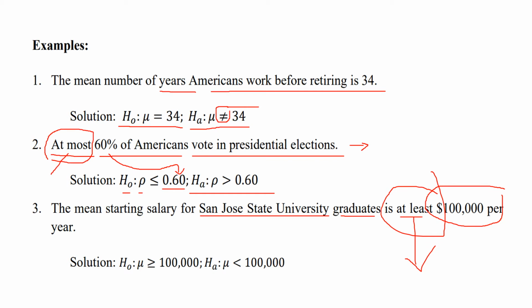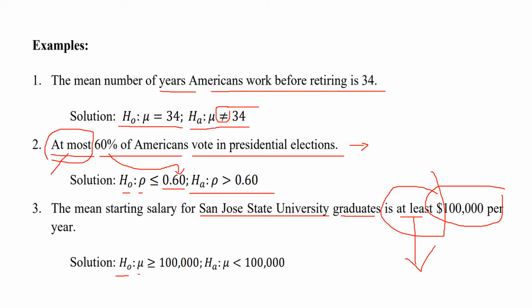So we simply use this "at least" in your null hypothesis. Now your null hypothesis, your mu, is greater than or equal to $100,000. Meaning to say, dealing with your null hypothesis, the minimum value that we can get from this population mean is $100,000. It can be equal to 100,000 and greater than, but not less than 100,000, because there's a keyword here: at least